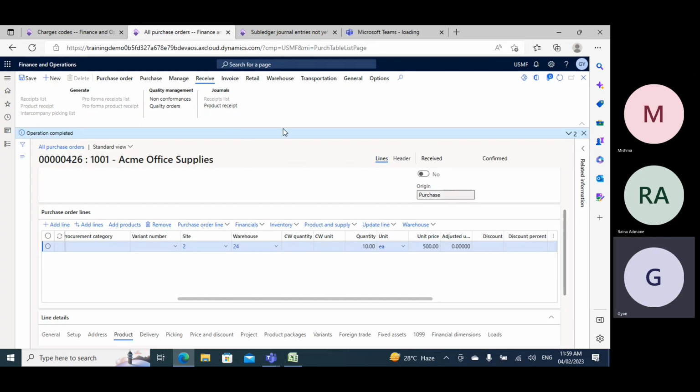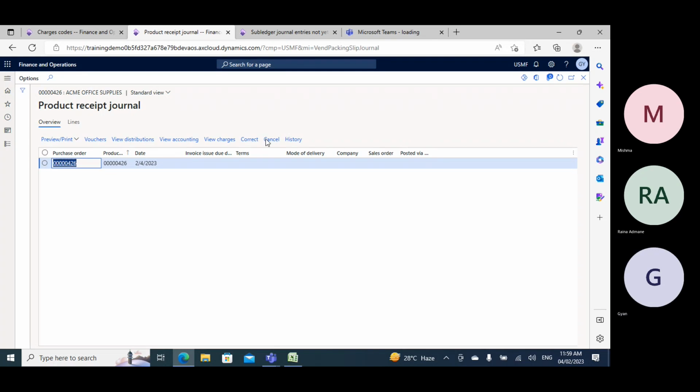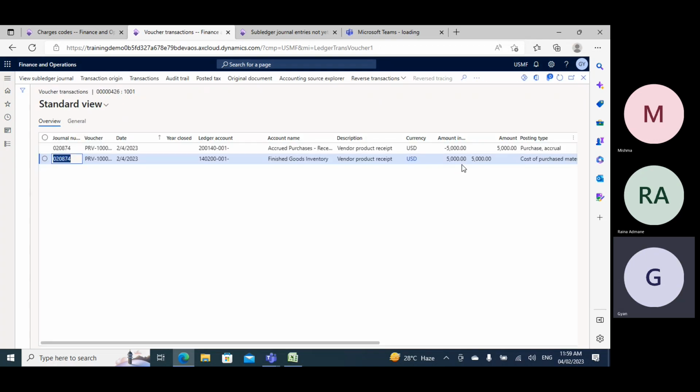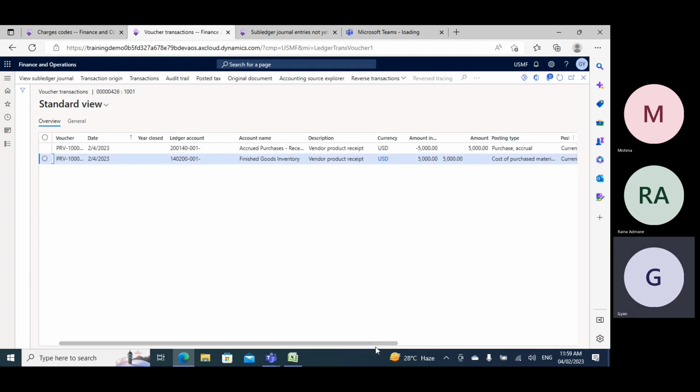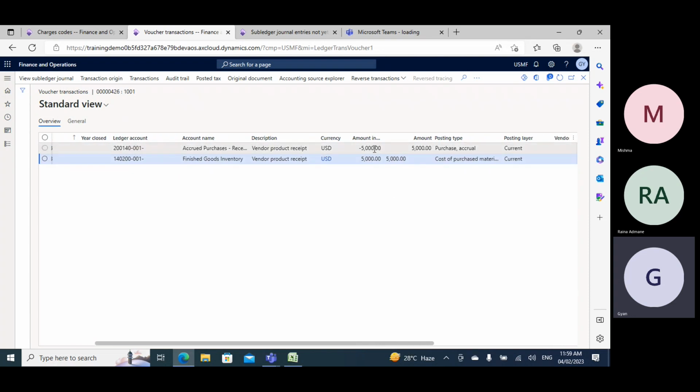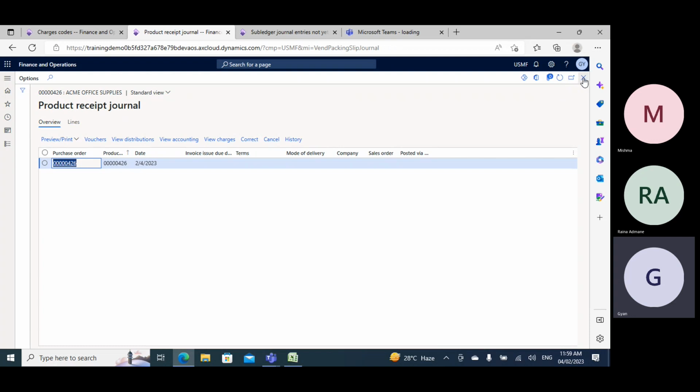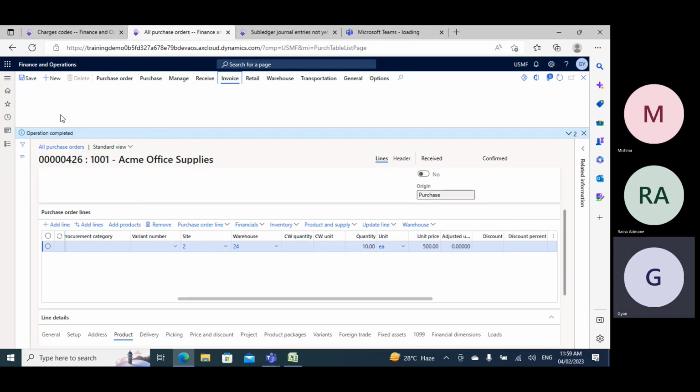Okay. So I select the product receipt journal. Select the voucher. So what happened? You can see the price is not coming here. Only 5,000 coming. That means what? When you receive the item, the charges will not display. When you invoice it, then only it will display. Got it? The charges will be displayed at the time of invoicing, not receiving. Got it? So when you invoice it,